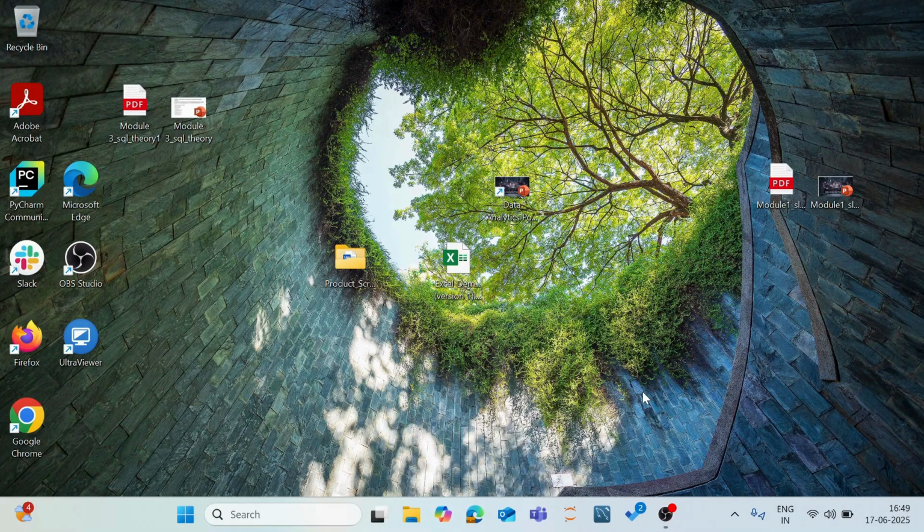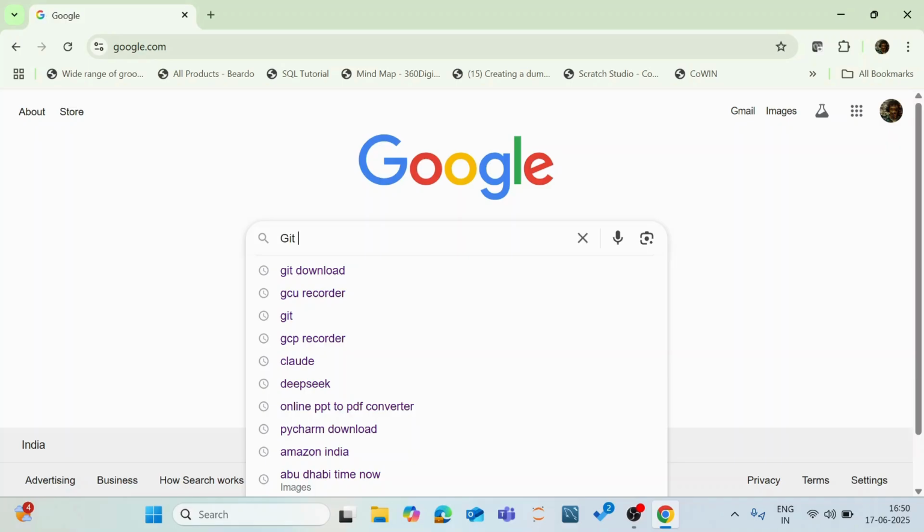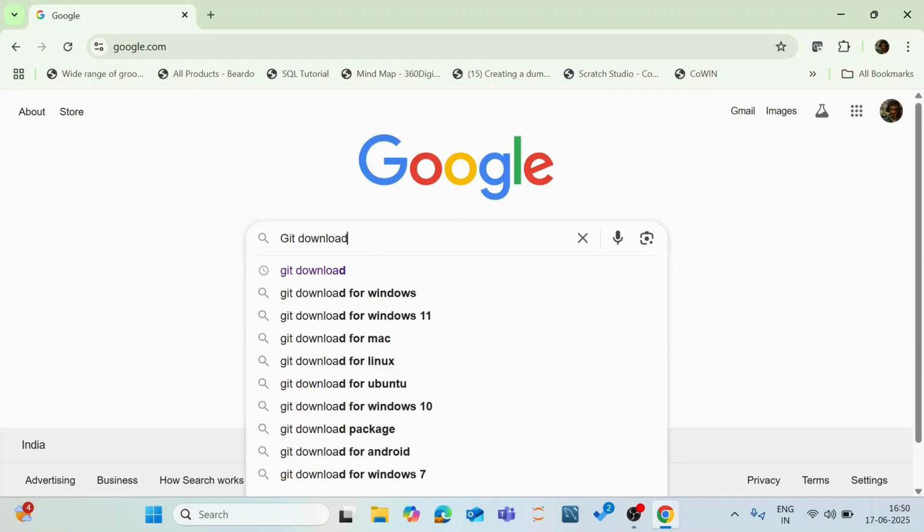In this video, let us now see how to download and install Git on Windows operating system. So now let us go ahead and try to download the Git and install the application. For that, open up your Google browser, type Git download,